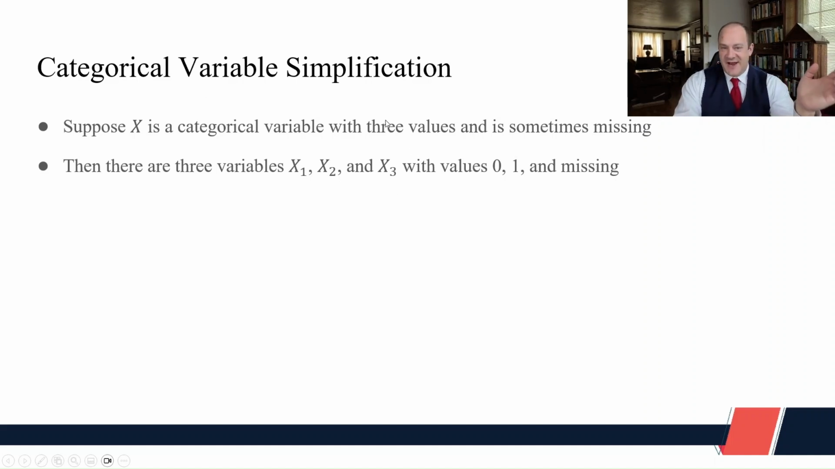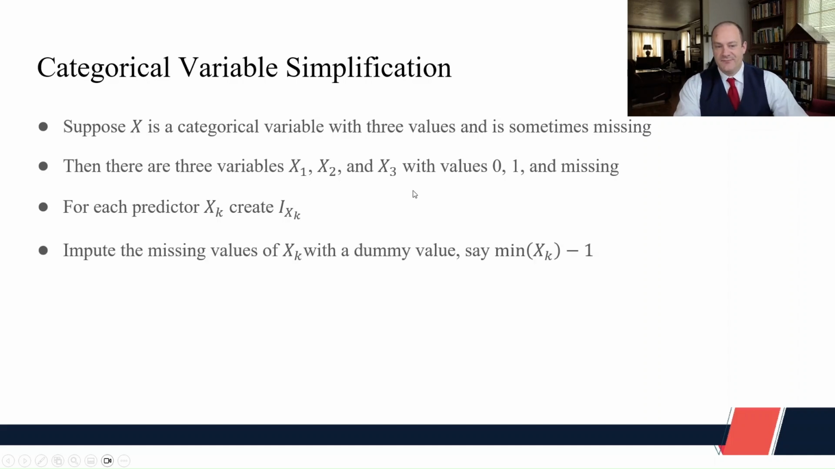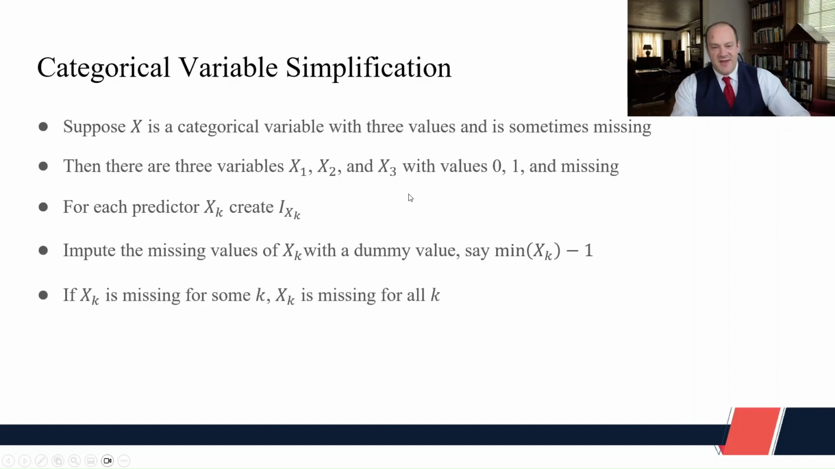So x being a categorical variable with 3 values and sometimes missing really means that we have these 3 variables which take values 0 and 1 and missing. So we just do what we usually do. We're going to create, for each of these binary variables, indicator variables indicating when they're missing. We're going to impute some value to them, like -1. And then,